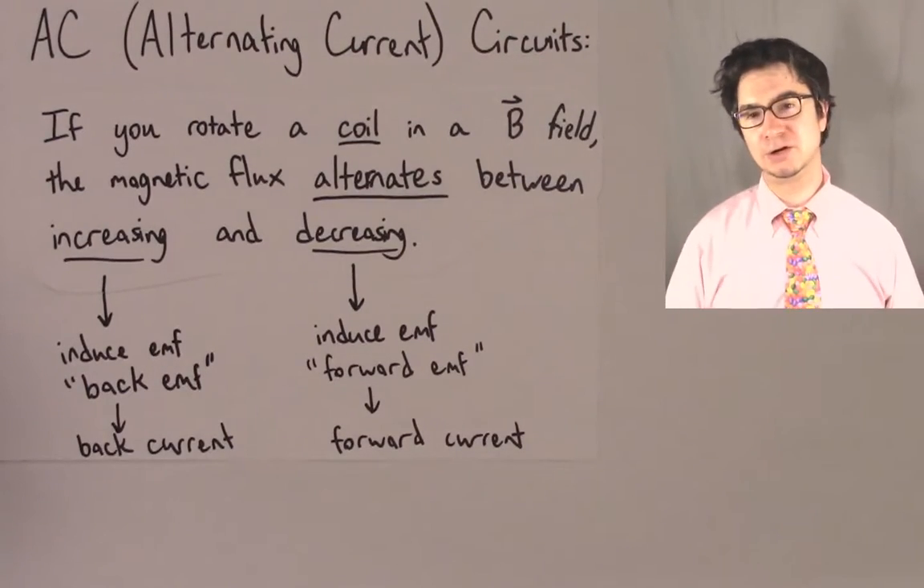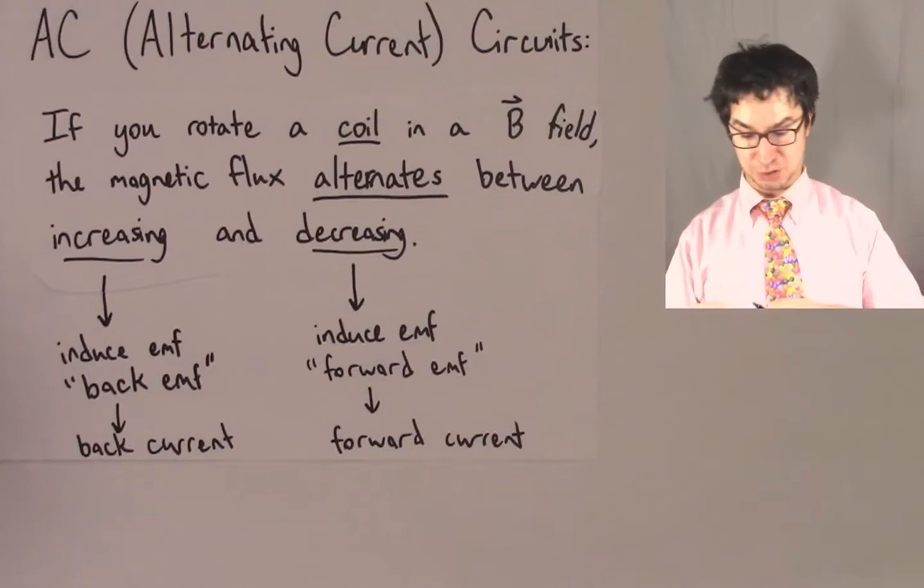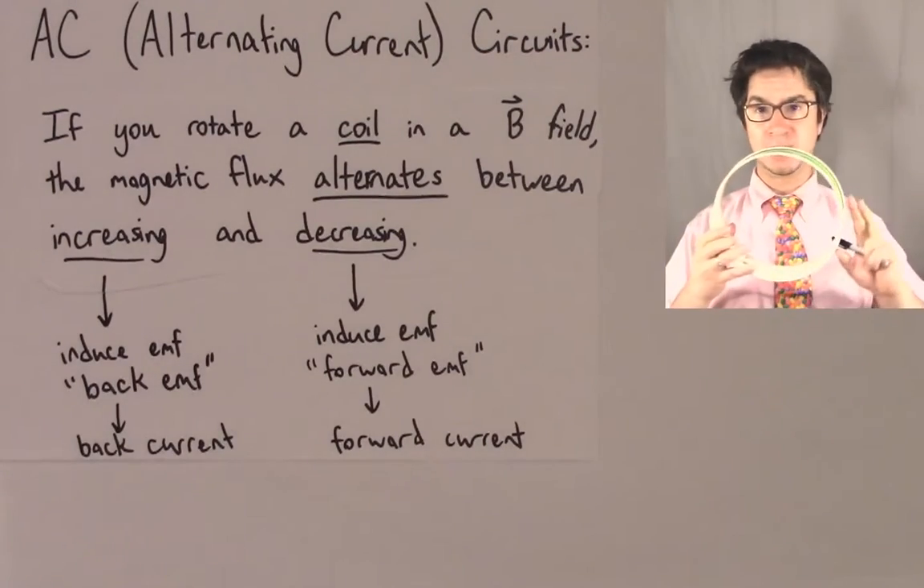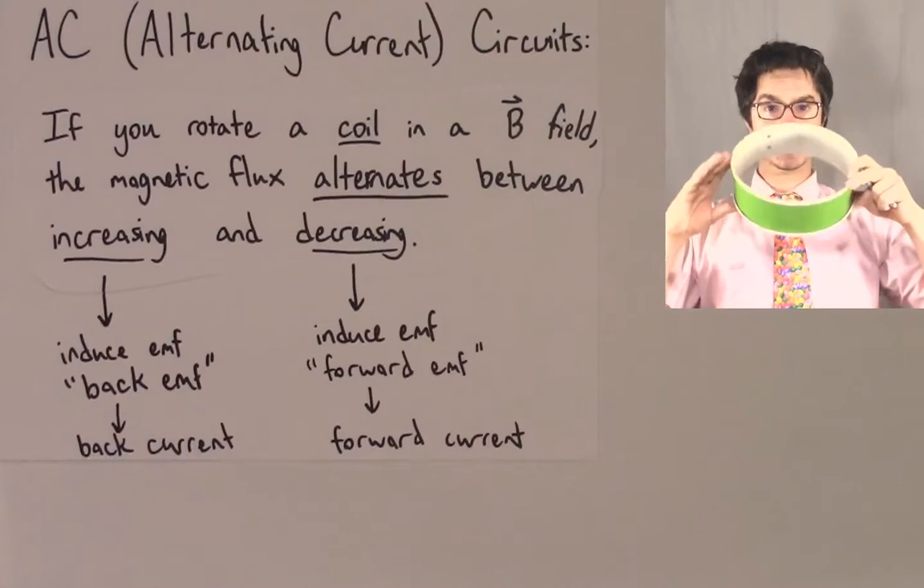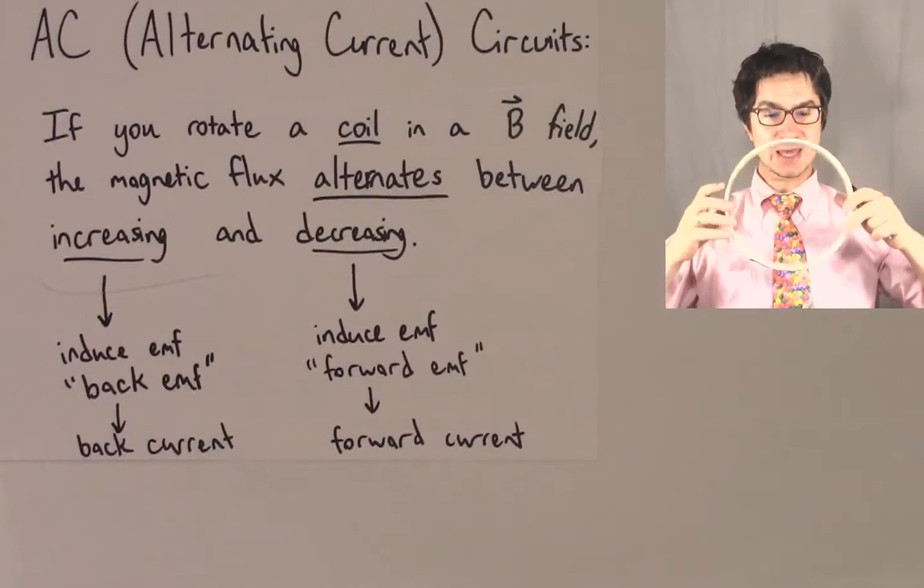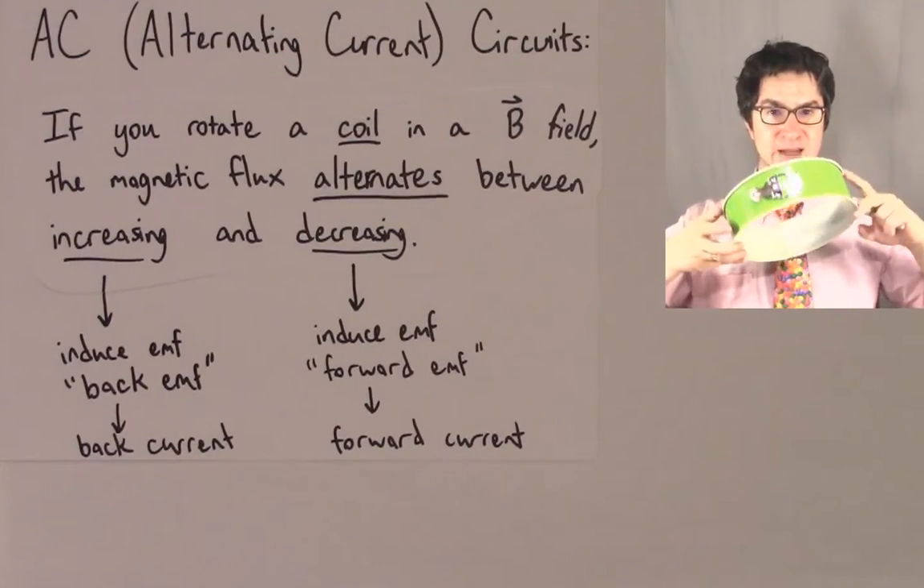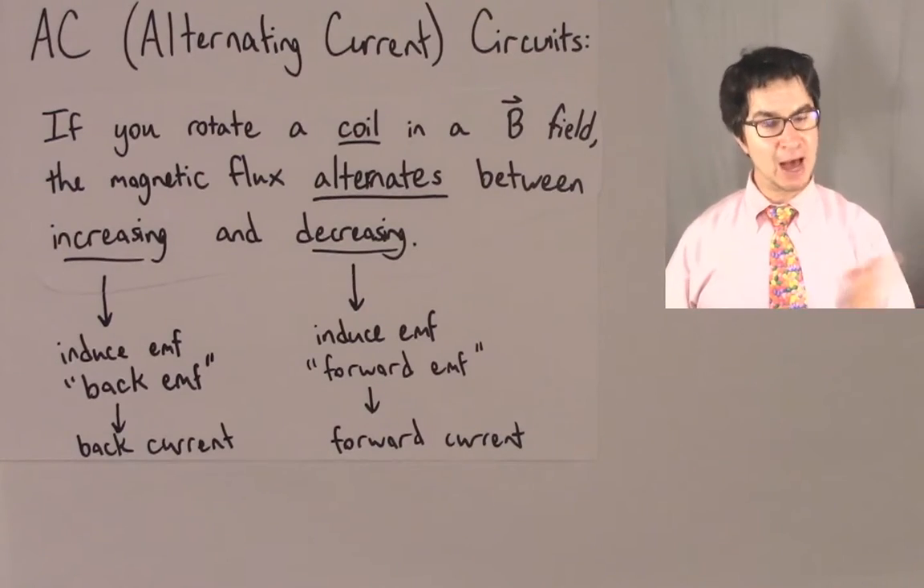Now, what kind of power plant could it be? It could be a wind turbine. So when you put a wind turbine in a wind, it's going to start to rotate. Inside that wind turbine is a coil of wire inside a magnetic field that's creating this backward and forward